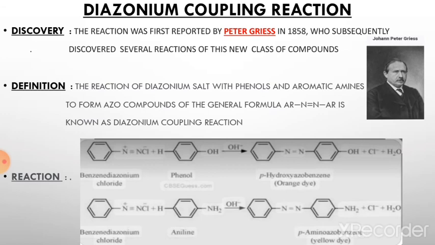You can see here is a reaction. Phenol reacts with benzene diazonium chloride. Here C-N bond forms when hydrogen atom is removed from the para position. Resonance will occur between the two benzene rings, the pi electrons will move, which results in color, that is orange color or yellow color. For preparation of dyes, we have to maintain a basic medium and the pH of the solution is 9 to 10.